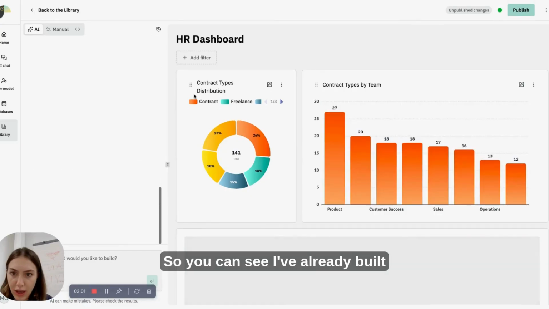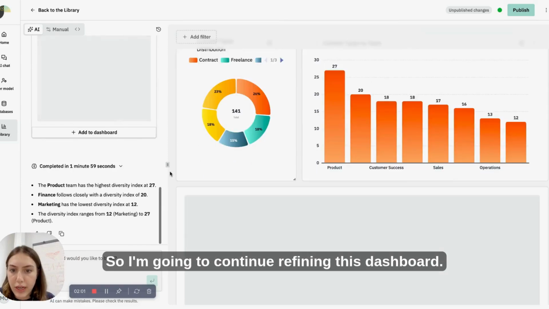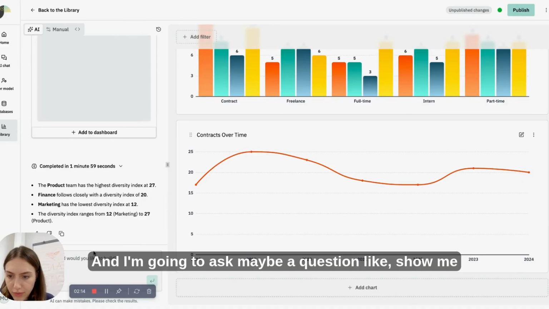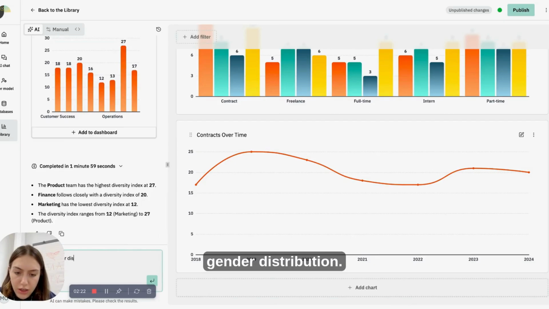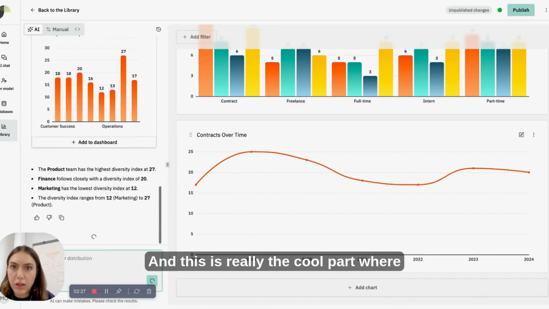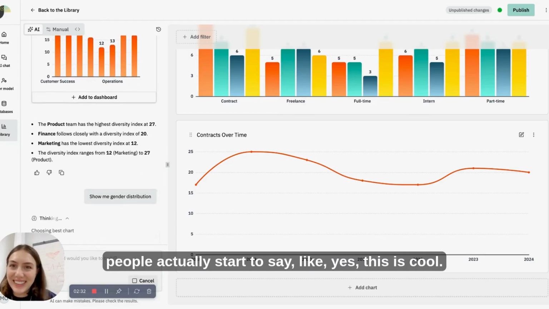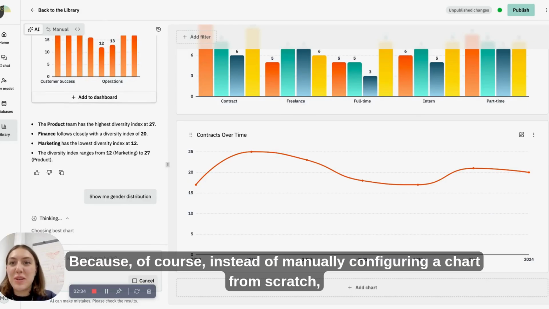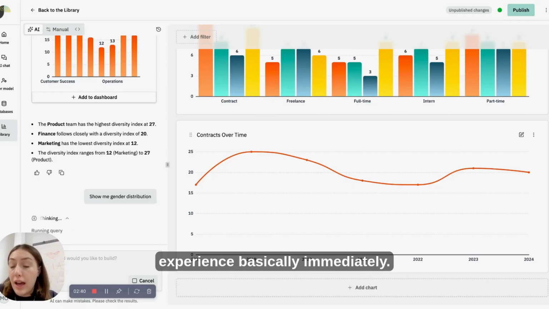So you can see I've already built a bit of a dashboard and have added some charts already. So I'm going to continue refining this dashboard. And I'm going to ask maybe a question like, show me gender distribution. And okay, this is really the cool part and where people actually start to say, yes, this is cool. Because of course, instead of manually configuring a chart from scratch, the AI is creating your first usable analytics